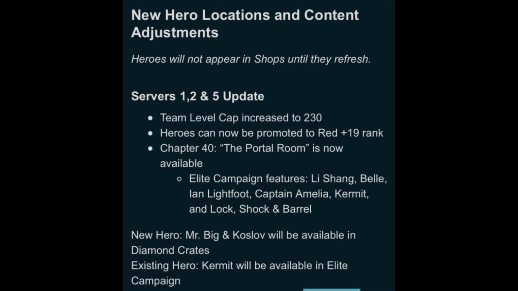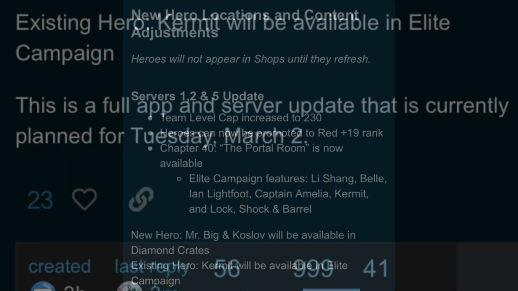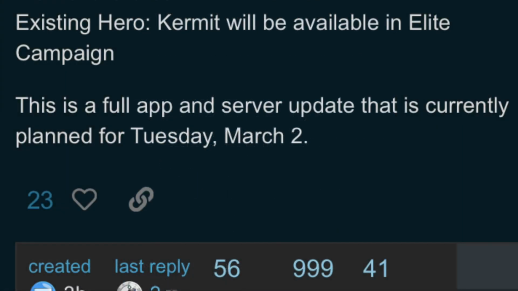The new chapter, chapter 40, the portal room, is available. It's got Li Shang, Belle, Ian, Captain Amelia, Kermit, and Lock, Shock, and Barrel. Kermit's pretty new. Lock, Shock, and Barrel were contest characters, so it's a little bit easier way to get them. And the rest are pretty common. The new hero is in the diamond crates, like I said, and Kermit is in the elite campaign, like we just mentioned there. And then finally, the update is planned for Tuesday, and it's a full app update, which means